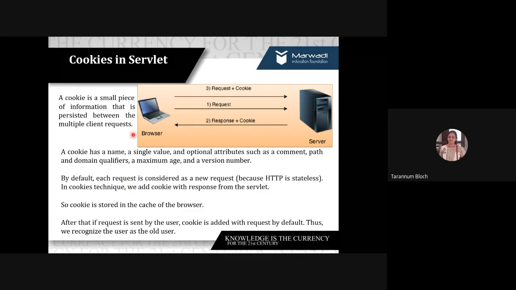By default, as I said, each request is a new request. Look at the diagram. What happens? Client sends request number 1 to the server. Server gives response plus cookies, right? And that's why when you are getting the first response, your browser on the mobile asks, do you want to